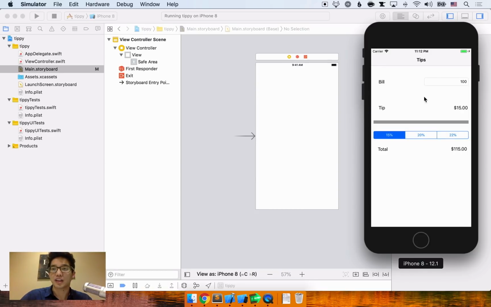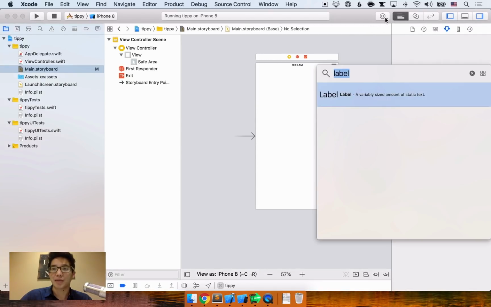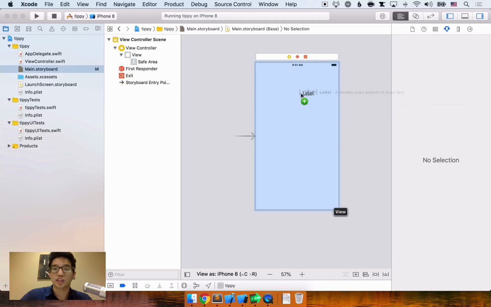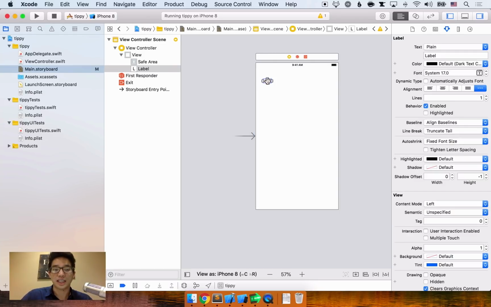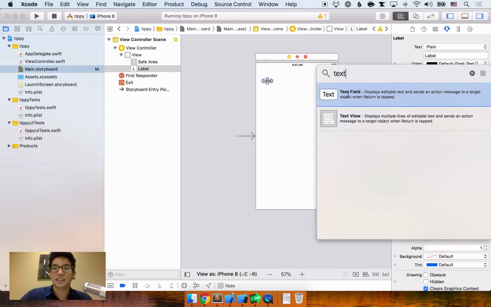And so let's start to kind of recreate this screen. I'm going to click on this icon over here. This thing is your objects library. And if you type in label here, then label will come up and you can start to drag this element in. You can also use the shortcut key Command-Shift-L, and that will bring this up again. And I can type in text field to bring in my next element. So this is what I'm going to use in order to